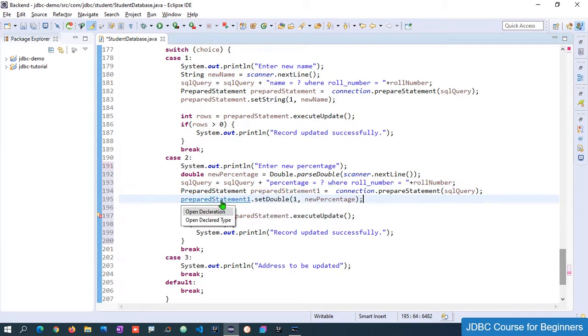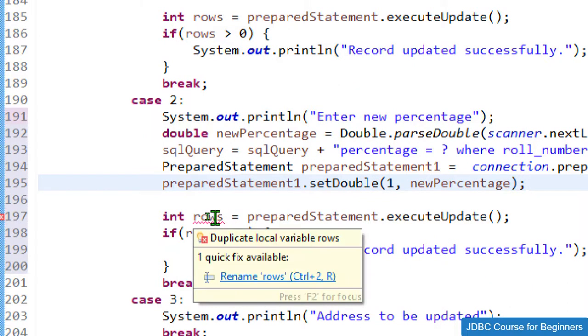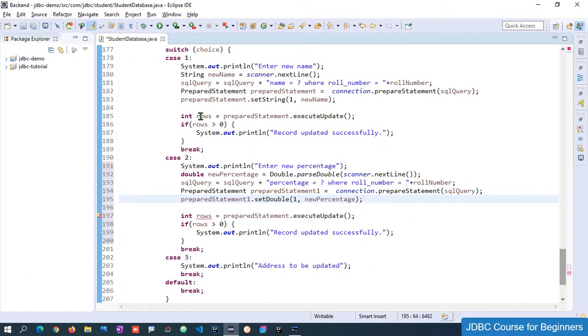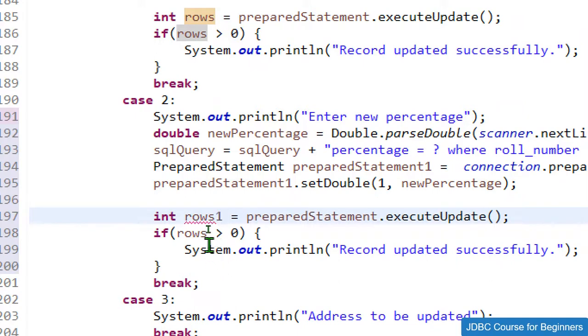So over here again it is giving me an error for rows, a duplicated local variable, because in the first operation itself we have one rows variable. So let me give it as rows 1, and again it is giving me the message like prepared statement 1 dot execute update.